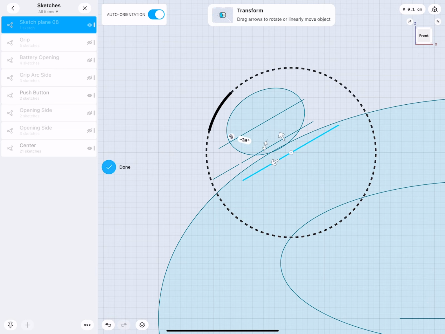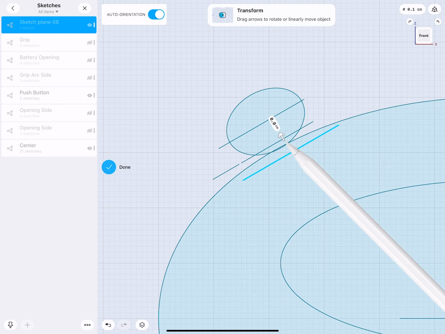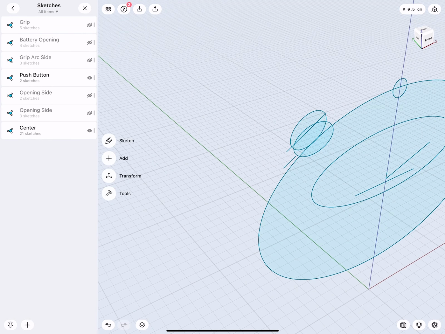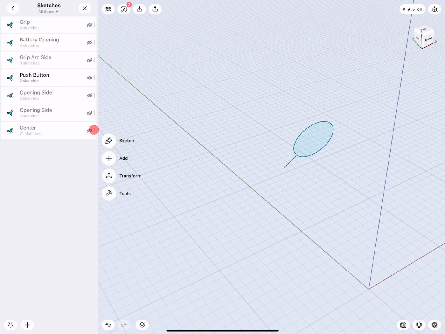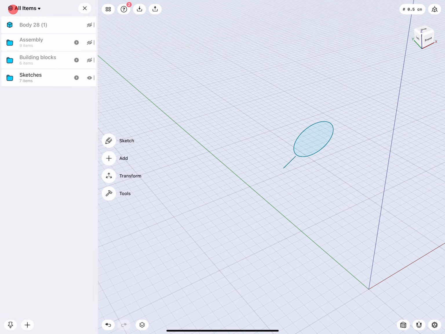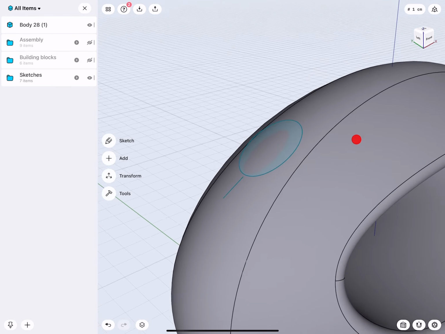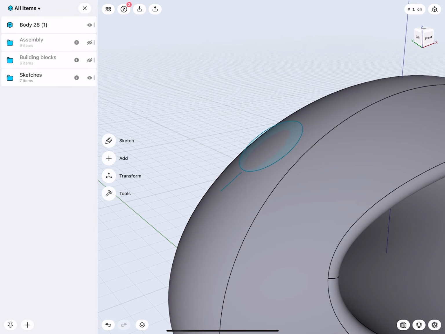Rotate it. Try to rotate this correctly. And this is off. This is off. Ideally, we want the arrow to look perpendicular onto the ellipse. Very good. Okay. I will turn the center off. There we are. And here is this. Very nice. Good.